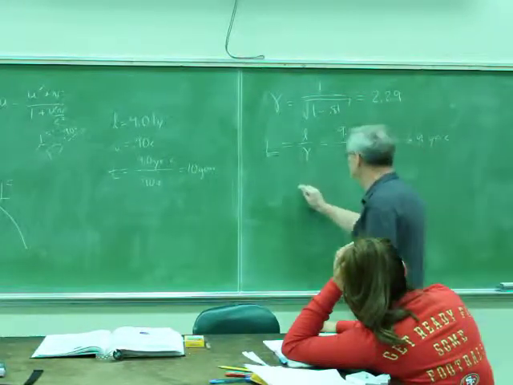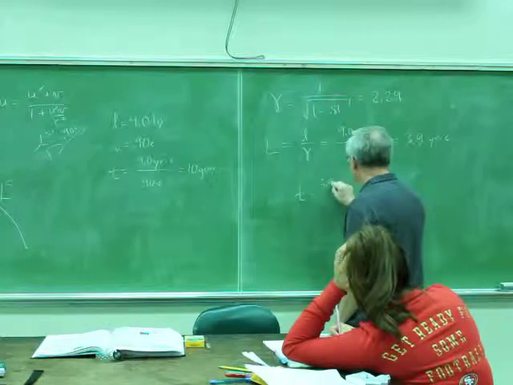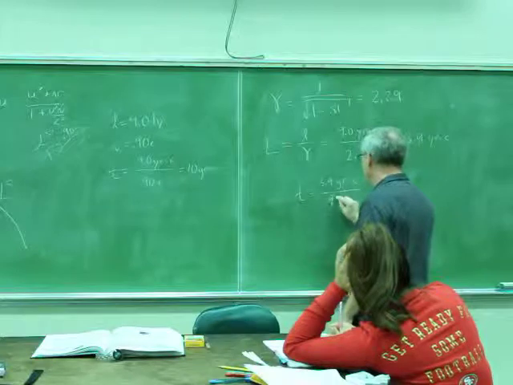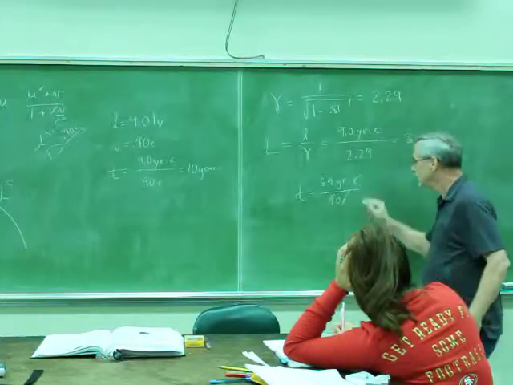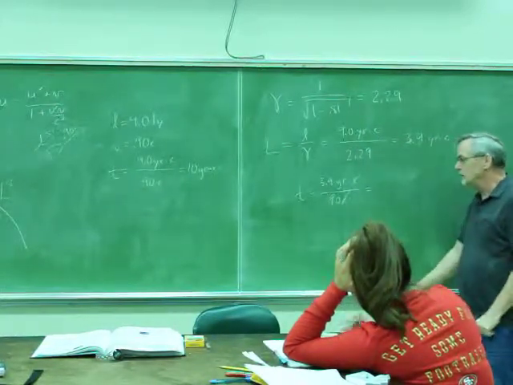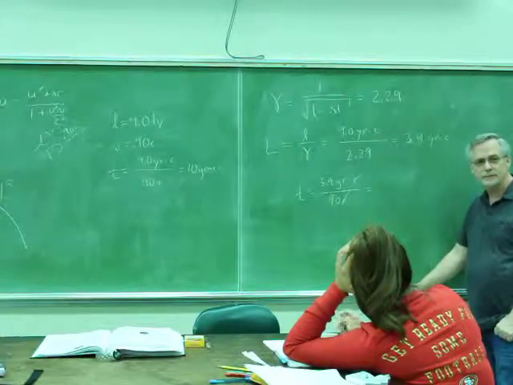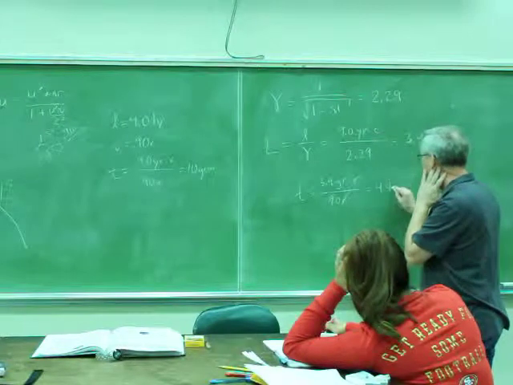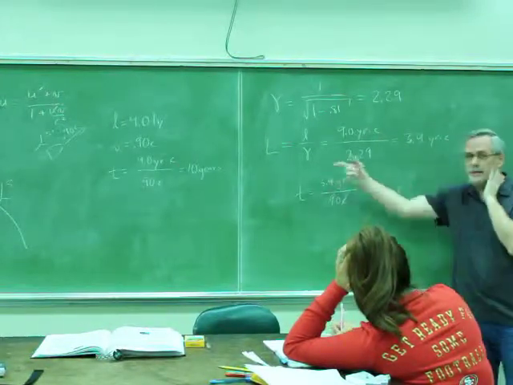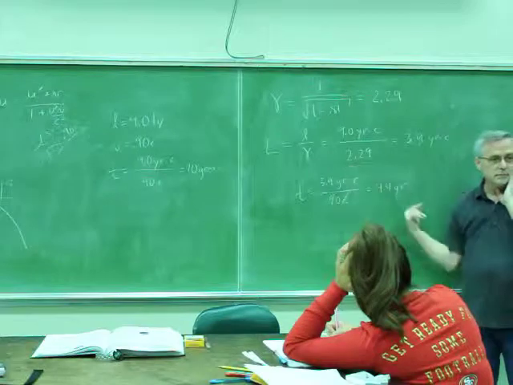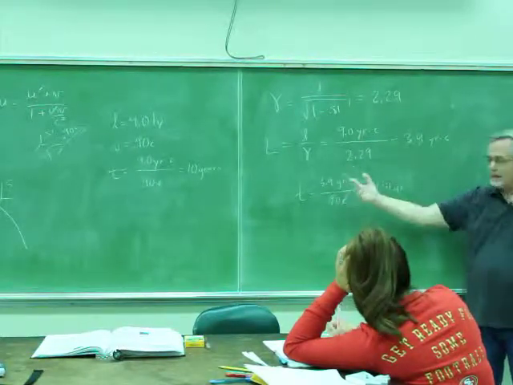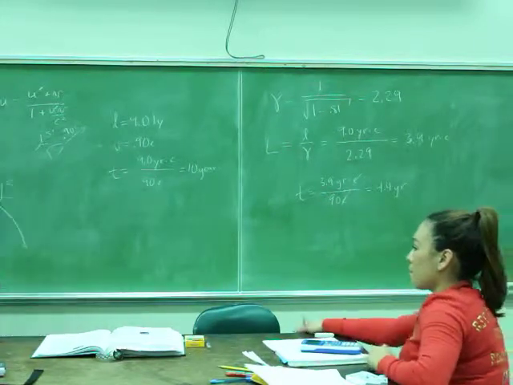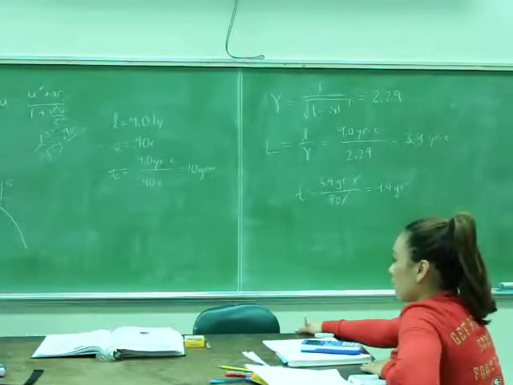So the time that I expect is 3.9 light years over a speed of 0.9 c. Again, the c's cancel, and we should get 4 point something. 4.4? All right. So 4.4 years. Big difference, right? Big difference. So just think of all that youthful time you've had where you could have been 10 years older, but you're only 4.4 years older. What did you do with those other 5.6 years?